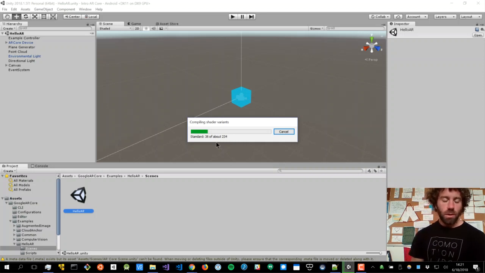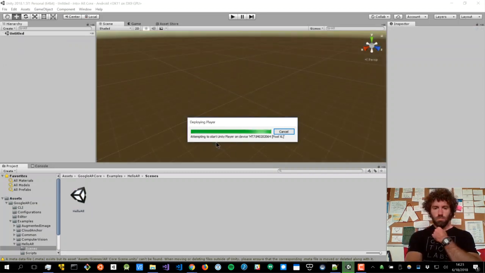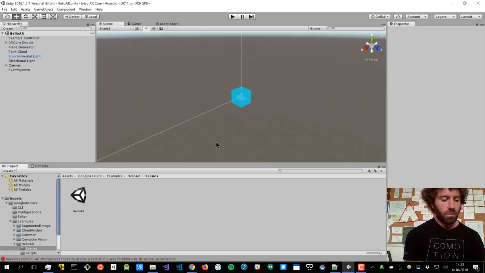If you haven't already done so while this builds, I would recommend unlocking your phone. And you may see a dialog prompting you whether or not you want to trust this computer. Go ahead and say that you do want to trust it. Otherwise, you'll receive a build error. If that completes successfully, you shouldn't see any errors. You'll simply be back in your scene. Now, if we take a look at what's going on our device,